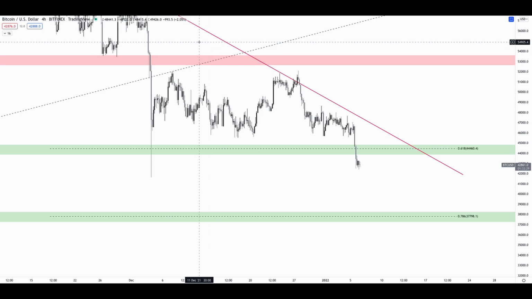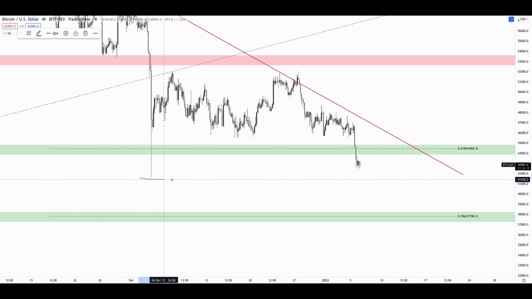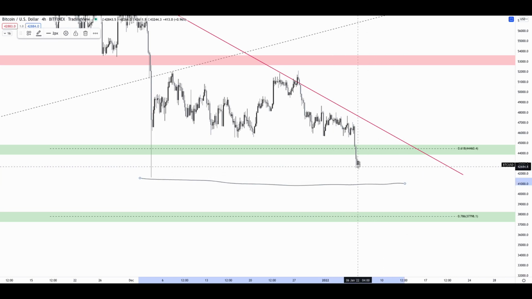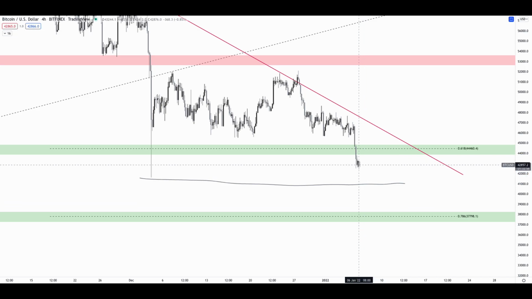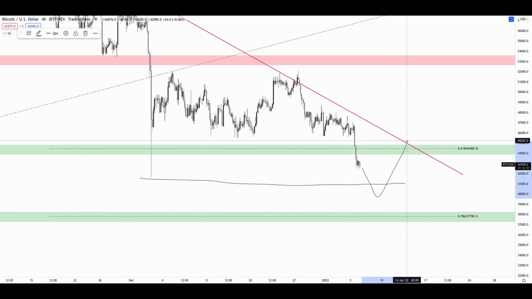Now, again, 42K is the support region that everyone has their eyes on. And I feel like, probabilistically speaking, look, this is the region that people have their eyes on, and this is what I feel is a less probable case, right? So since everyone has their eyes on 42K, there is a low probability that we tap exactly this support region before we can form at least another lower high, because that would be too obvious. That's not how the market works, right? Whenever we see prices tap support, it's always either slightly above or slightly below. And that's something you need to take into consideration, right?